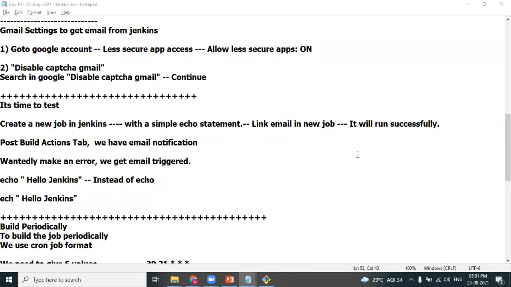In your job, you are performing different stages. Your question is if continuous download fails, then email should be delivered to email A. If continuous build fails, it should go to the build team. If test fails, then it should go to the test team. No, you are integrating at the complete, entire job level only. We cannot integrate at the individual task level.